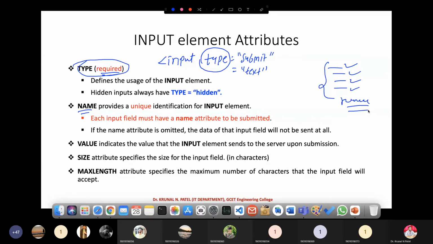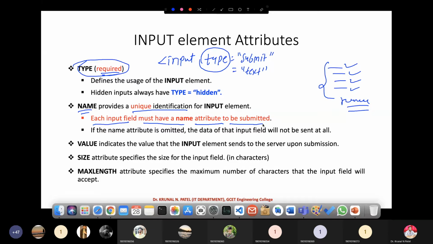Give a proper name to particular elements. It gives the unique identification. Each input field must have a name attribute to be submitted.